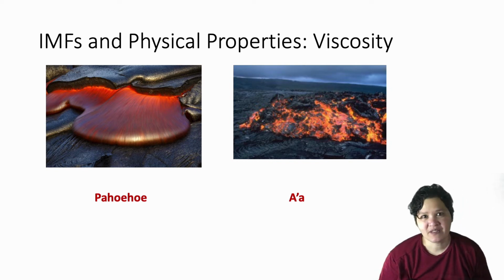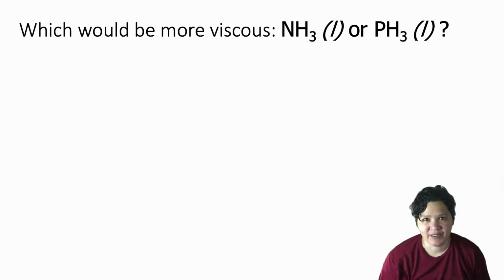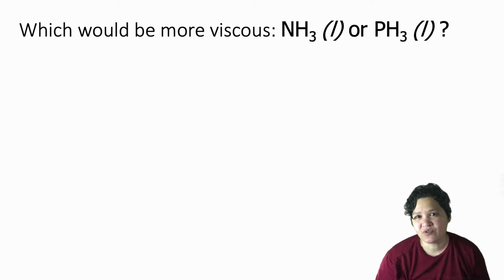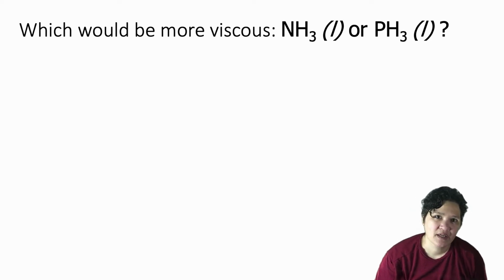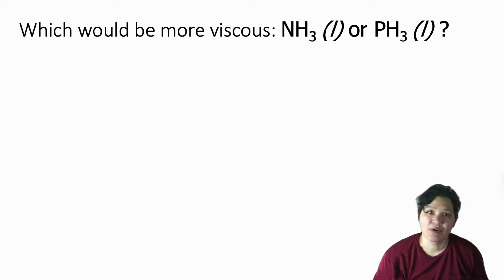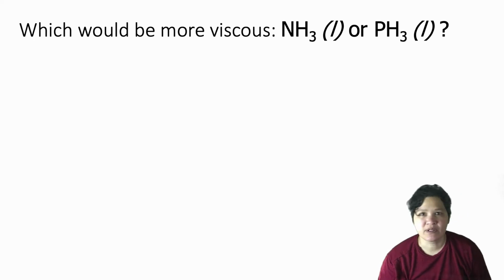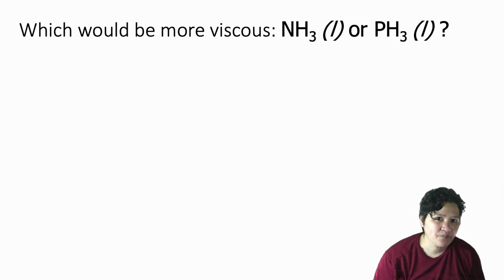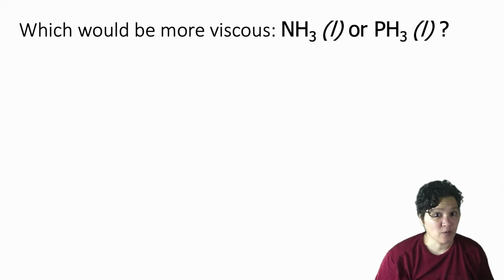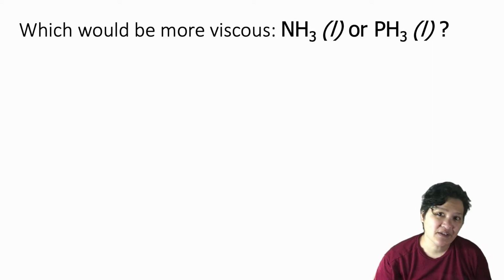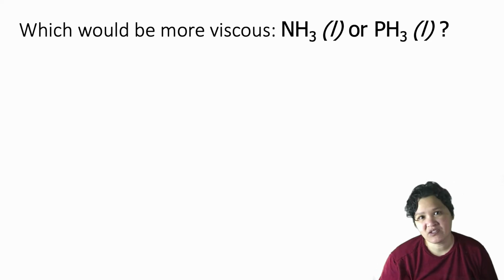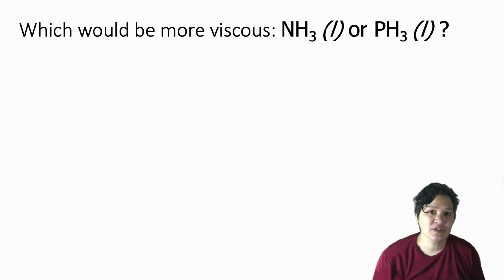Remembering that viscosity is based on the strength of intermolecular forces, which of these two substances, NH3 or PH3, will be more viscous? So they're both liquids, and they're both going to flow, but one of them is going to be more viscous than the other. So if you're not sure about which is more viscous, start by thinking about the molecular geometry and electronegativity differences,